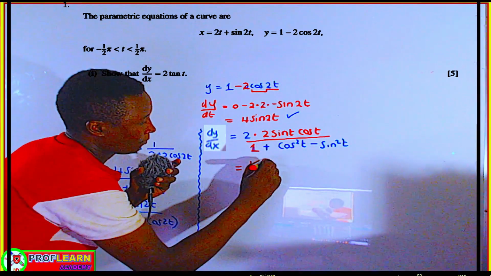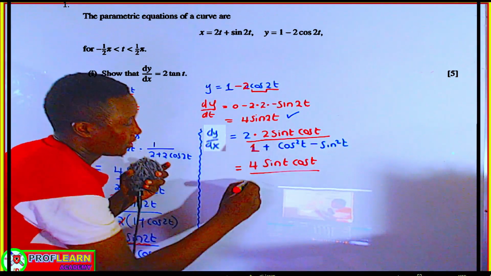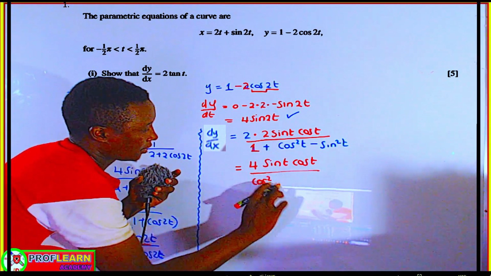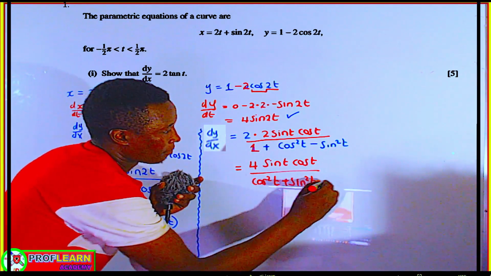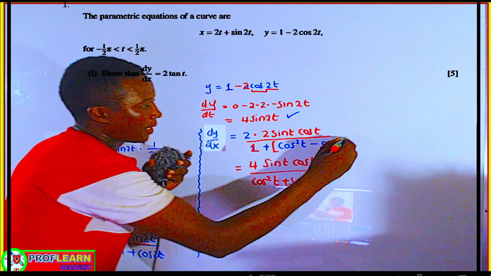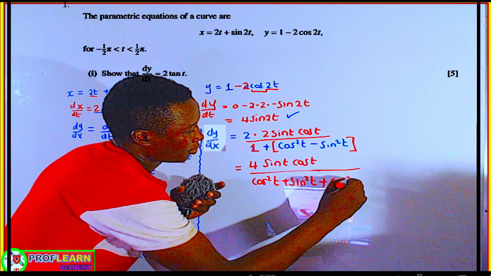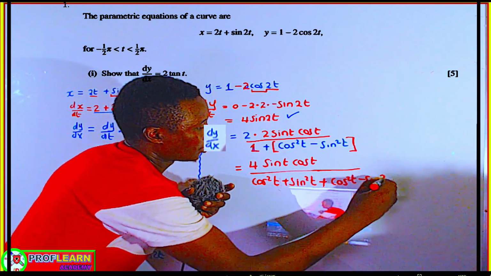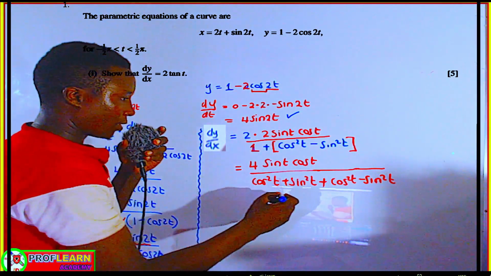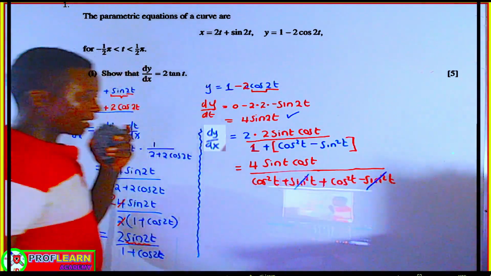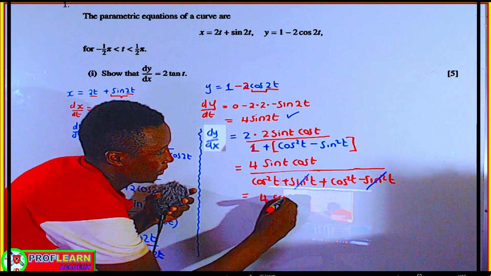That is going to be 4 sine t cos t divided by 1, which is the same as cos squared t plus sine squared t, plus, now we add this part that you are having at this point, which is going to be cos squared t minus sine squared t. So the reason why we went that step is to ensure that we can cancel this guy and this guy, and then we end up having 4 sine t